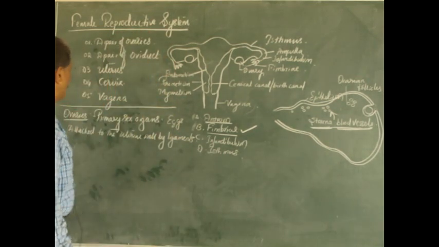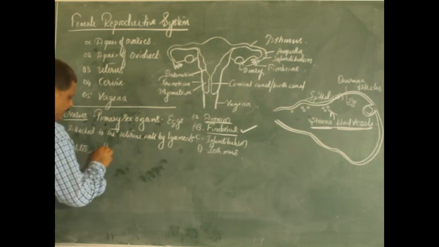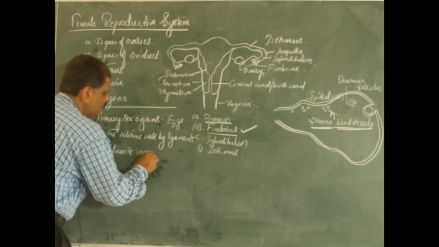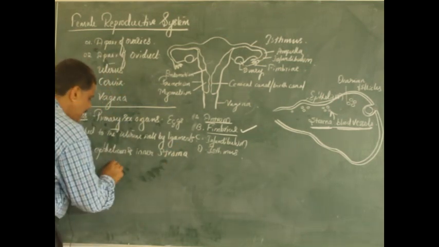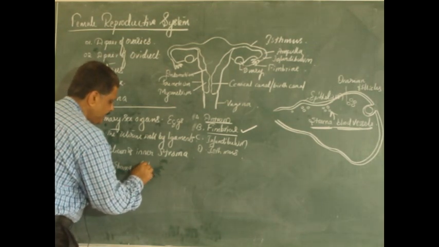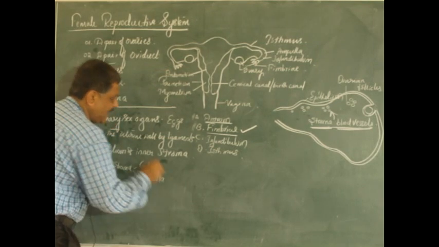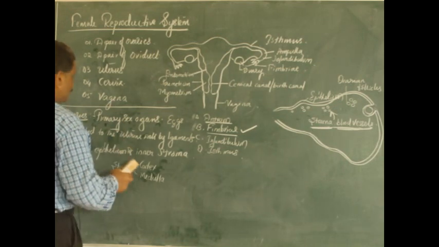So the outer layer of the ovary is called the outer epithelium, and the inner is the stroma. Here one thing we should remember, the stroma region has two more parts, that is the outer cortex and the inner medulla. Now let us go to the next part,